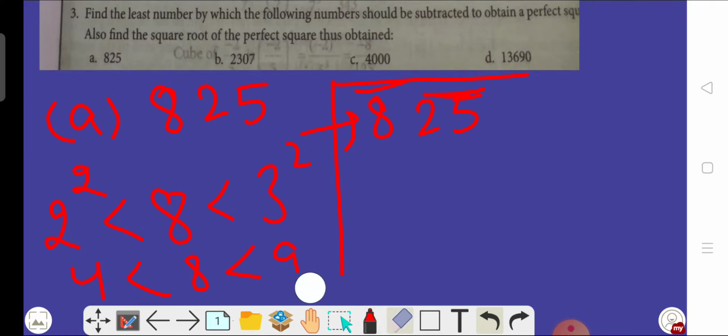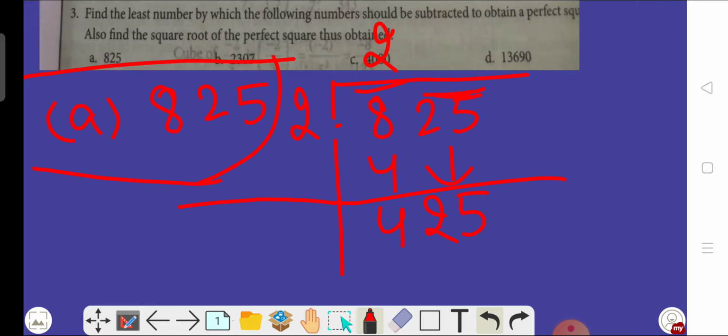Now we have to take our first divisor, and that is the smallest number among them. So the smallest number between 2 and 3 is 2. So the divisor is 2. And in this division method, we know that the quotient must be equal to the divisor. So the quotient is also 2. So 2 2s are 4. We are left with 4, and then we have to bring this pair down, and this will become 425. Now we have to find our next divisor.